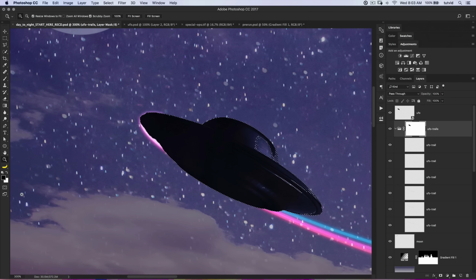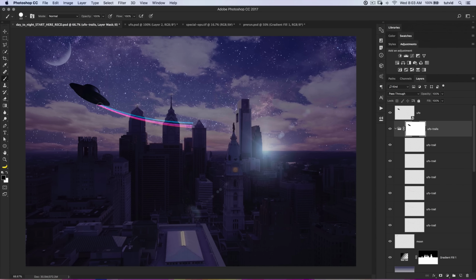Hit Option Delete on the Mac. That'd be Alt Backspace on the PC. Command or Control D to deselect. And then just go ahead and grab your brush tool here. Right click, make it a little bit larger, paint with black, and just paint away that stuff right there at the top. So you can see we just have this kind of like streaking effect coming out of the side